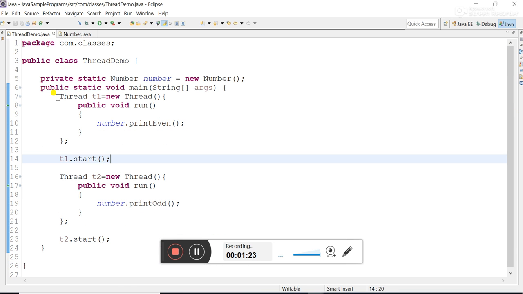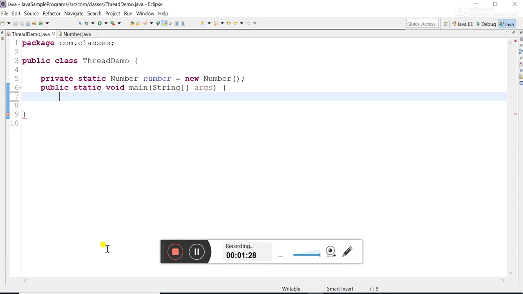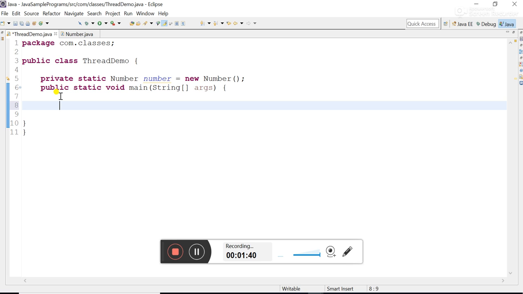I have a class called ThreadDemo. Now to create a thread, you need to create a class that extends the Thread class or implements the Runnable interface and overrides the run method. But to make this more professional and compact, I'm going to show you how to create threads using anonymous inner classes. So for that, I'm going to create